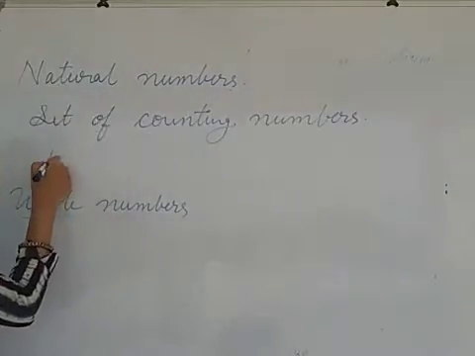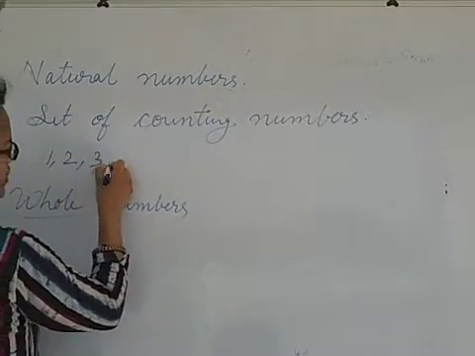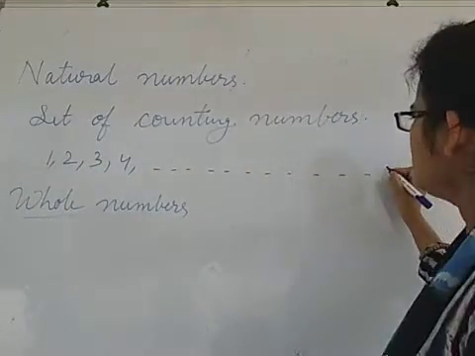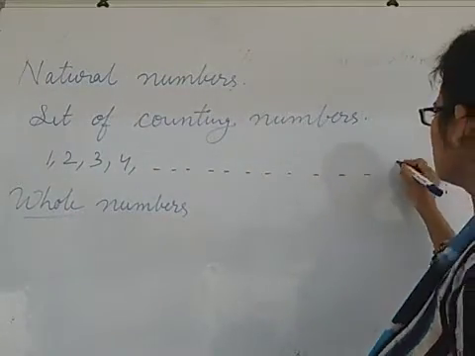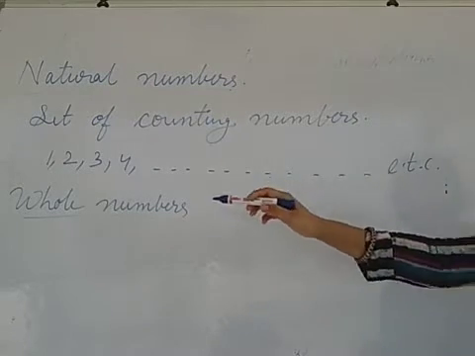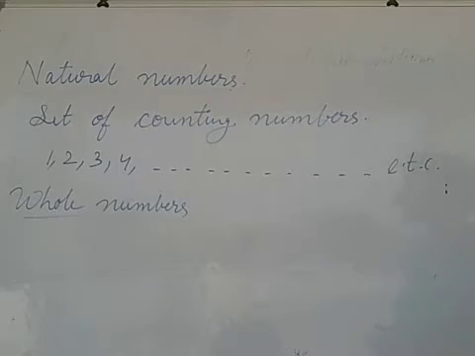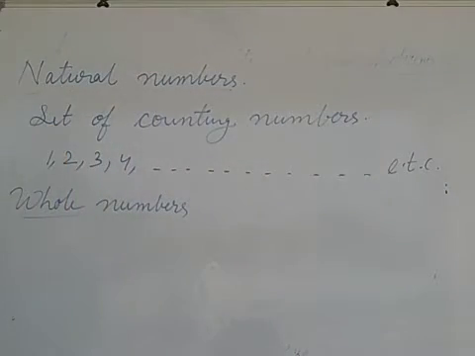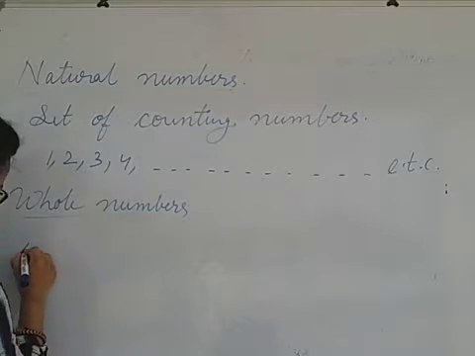This is 1, 2, 3, 4, 5, 6, 7, 8, 9, 10, etc., till infinity. And what are whole numbers? Including 0 in the set of natural numbers or counting numbers